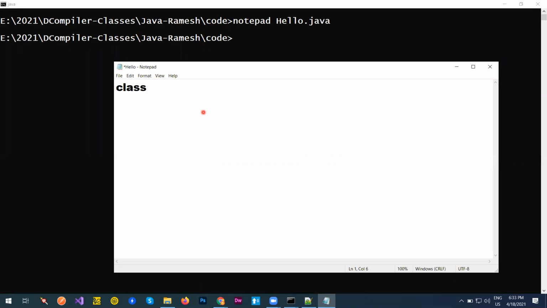So I'll write a class first, and I'll name it anything you want. It's not always hello. We'll try to discuss the file name and the rest of the things. I'll go with HelloWorld. The name of the file is hello, the name of the class is HelloWorld. In this, we expect it to have public static void main, completely in lowercase, with String args. You can type anything here. I'll type v, which should be an array, and this should have a block.